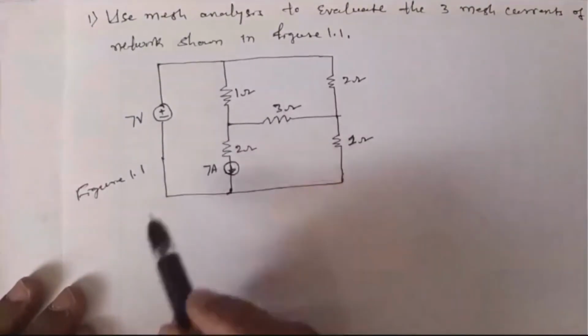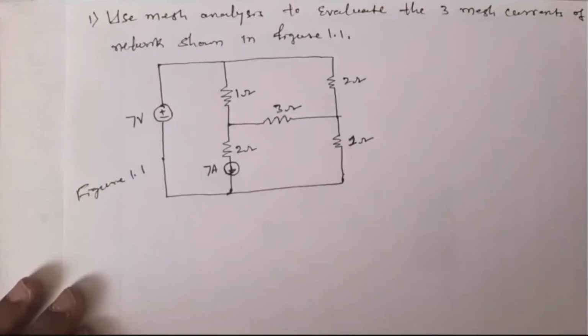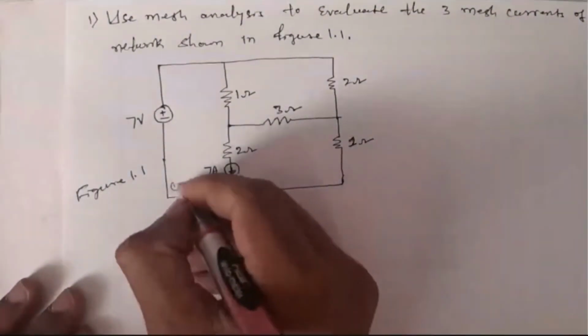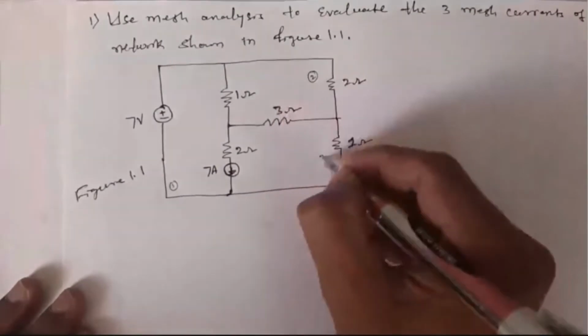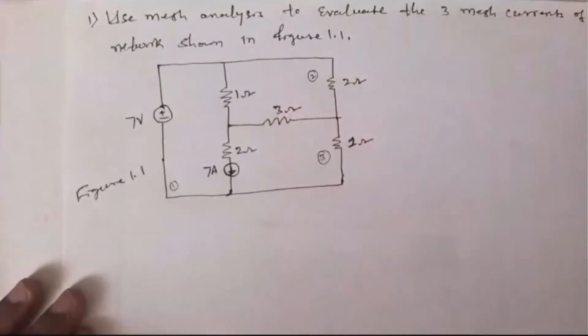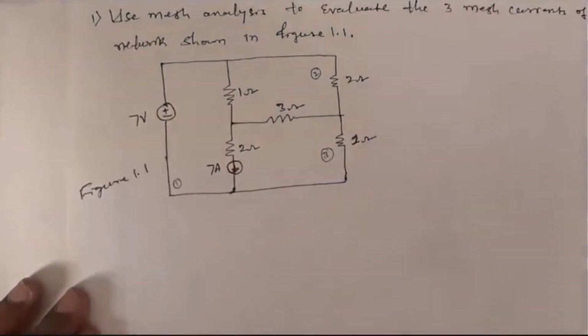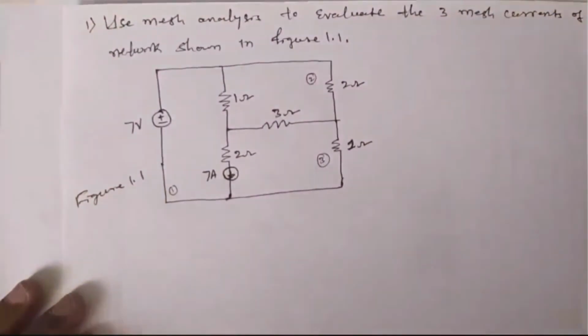One is this mesh. Say I can name these meshes: this as mesh 1, this as mesh 2, and this as mesh 3. Okay, so there are three meshes. So I'll assume mesh currents here. Say one mesh current is this,